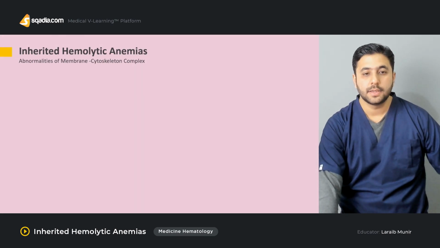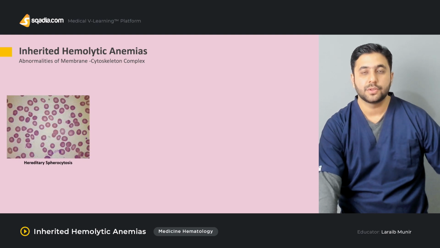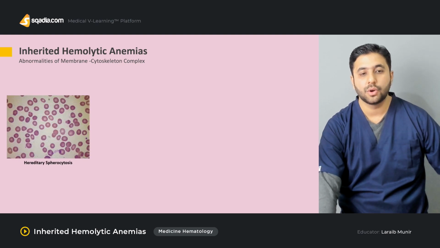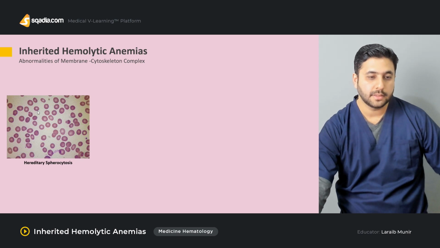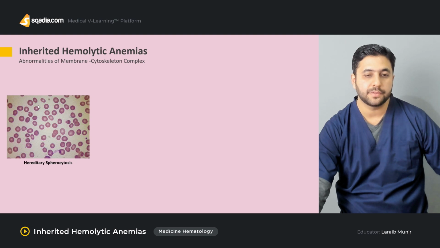Now let's talk about hereditary spherocytosis. How does it look on the film? As you can see here, this is a normal RBC in which there is a normal central area of pallor. And here you can see an RBC which is slightly larger than a normal RBC, but the central area of pallor is absent. This normal RBC has a general biconcave structure, but this RBC in which there is no central area of pallor